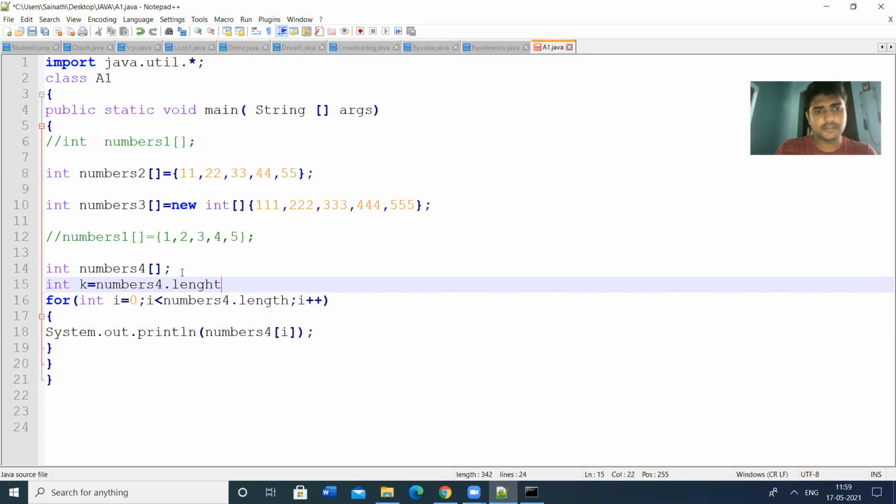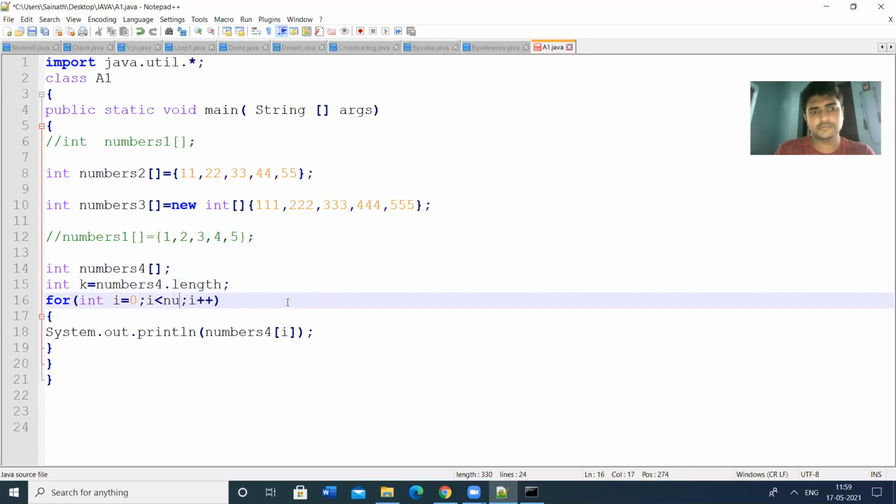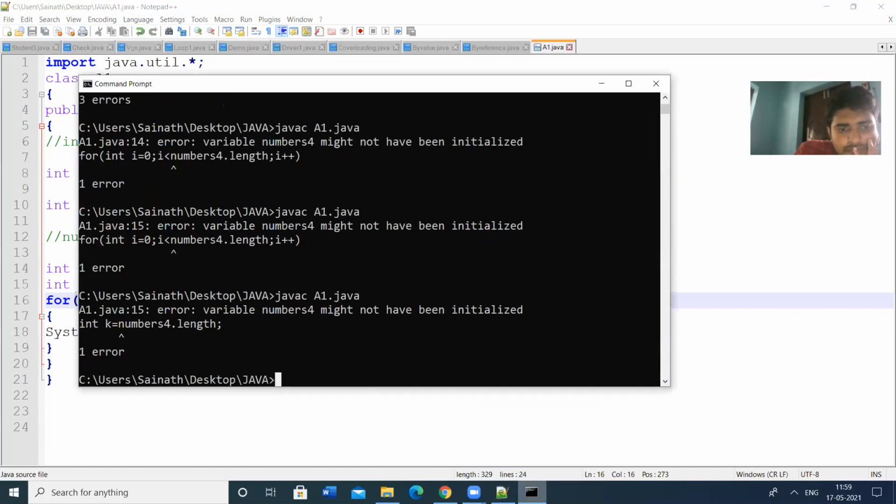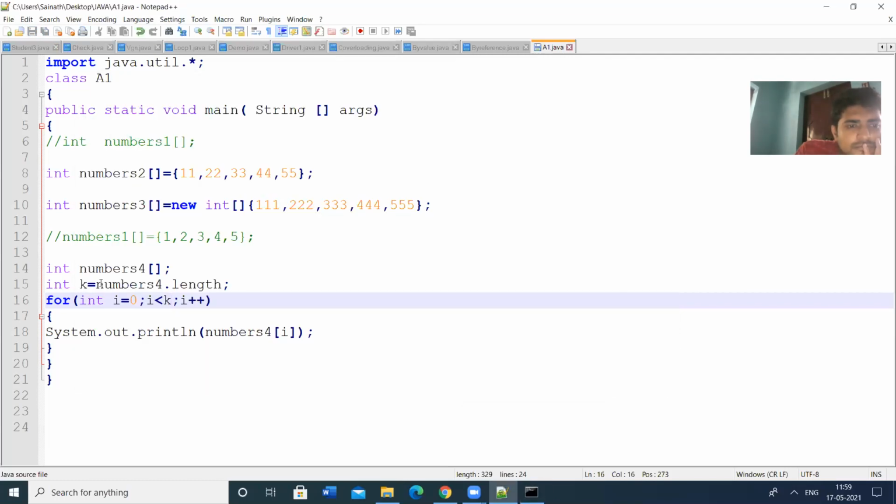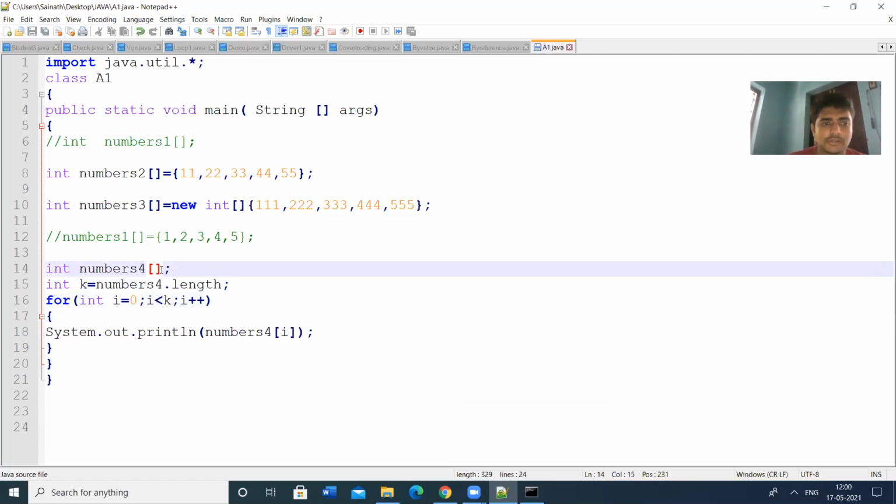Assign this to a variable. This type of declaration gives the error.